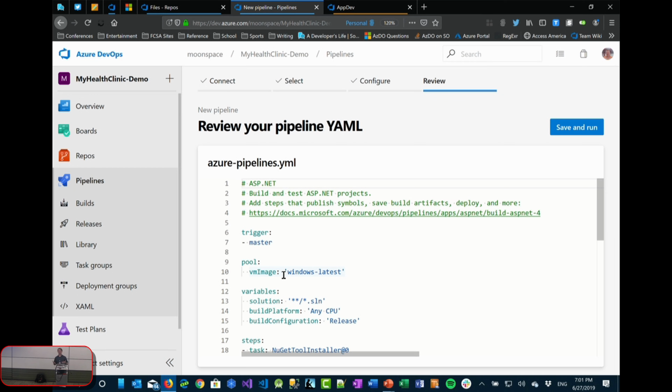You can't do that with the graphical builds. With the graphical builds, typically what you've had to do up until then was just make a copy of it. And okay, maybe let me run this build for this branch and this build for that branch. But when you do it as code, it just comes along for the ride with your branch, which is super nice.